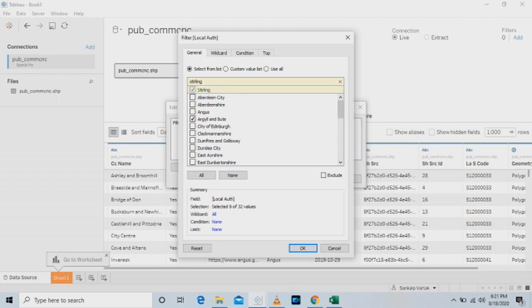Stirling, Clackmannanshire, Midlothian, Scottish Borders, Fife, Angus, Aberdeenshire, Ayrshire.